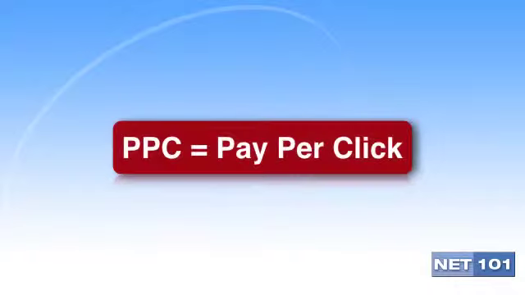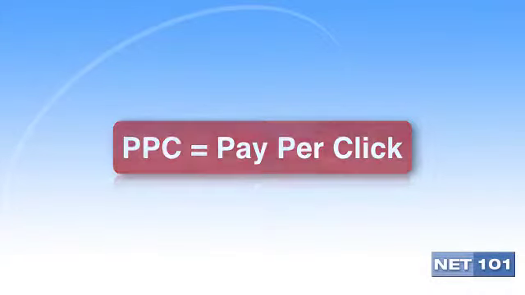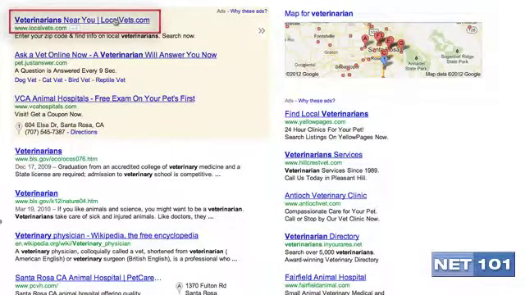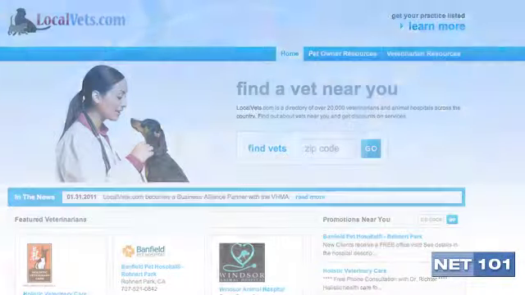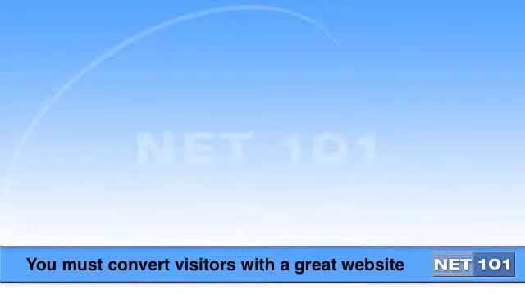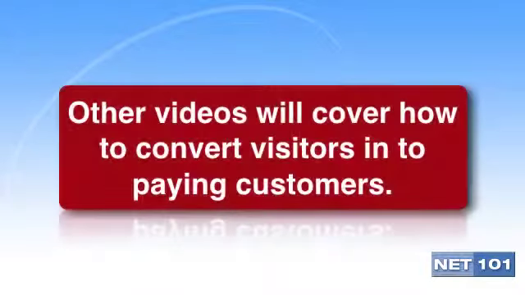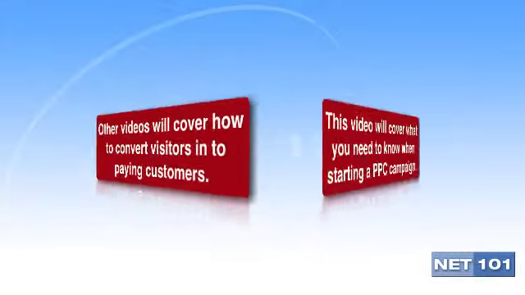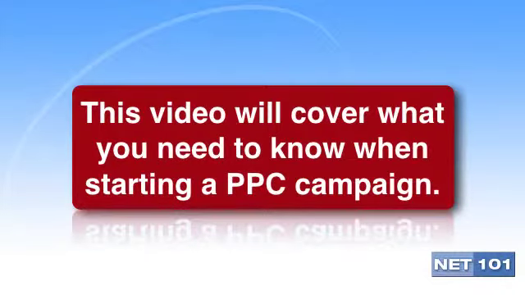The most common form of online advertising today is called pay-per-click, or PPC. It is called pay-per-click because you only pay when someone clicks through to your website or other marketing materials. The good news is that you don't pay when people see your ad or don't click on it. The bad news is that it is up to you to convert your visitors into clients once they get to your website. In other videos, we will talk about how to convert people into paying customers once they have landed on your website, but for now, we will talk about things you need to consider when starting a pay-per-click advertising